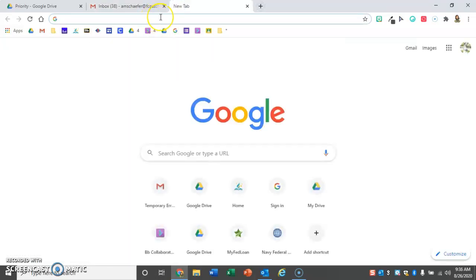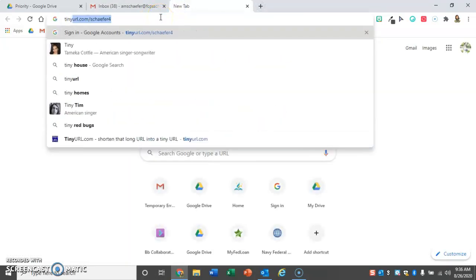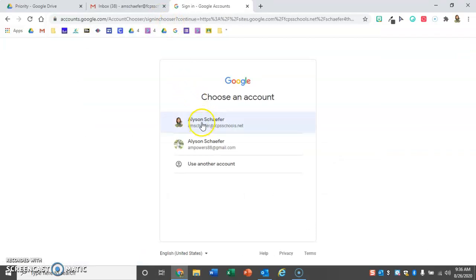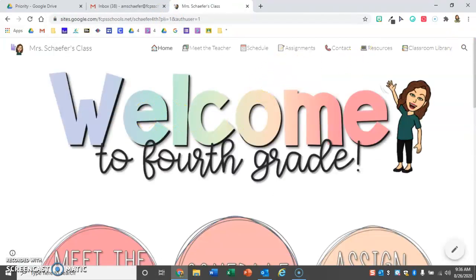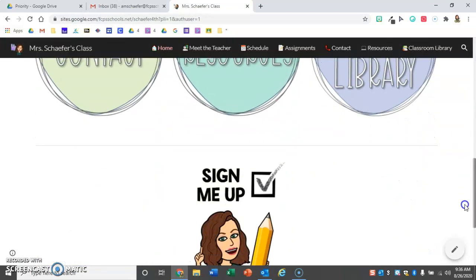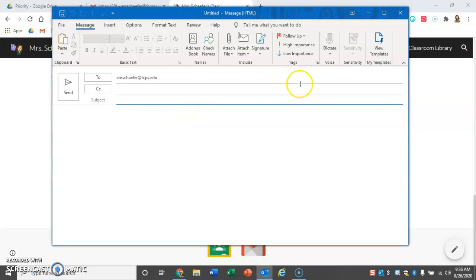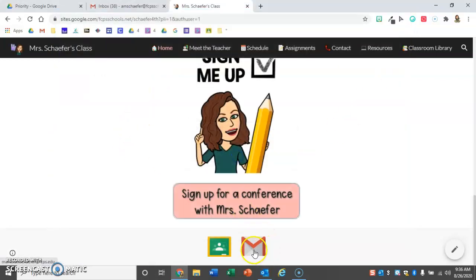Another really easy way to send me an email, if you are on our class website, tinyurl.com/Schaefer4. You'll have to log in with your Google account. When you're on our class website and you scroll to the bottom on any page, you'll see that red and white envelope that stands for Gmail. You can click on that and it'll automatically send an email to me. Pull up my email address and have it ready to go. So that's another way to send me an email, just by clicking on that, and it'll get an email ready